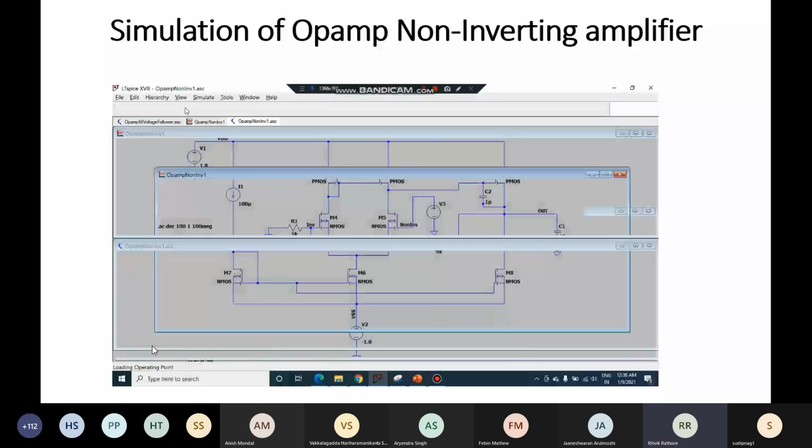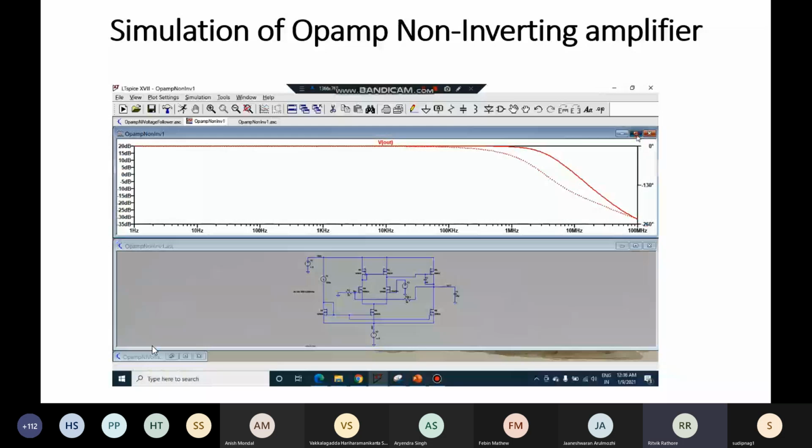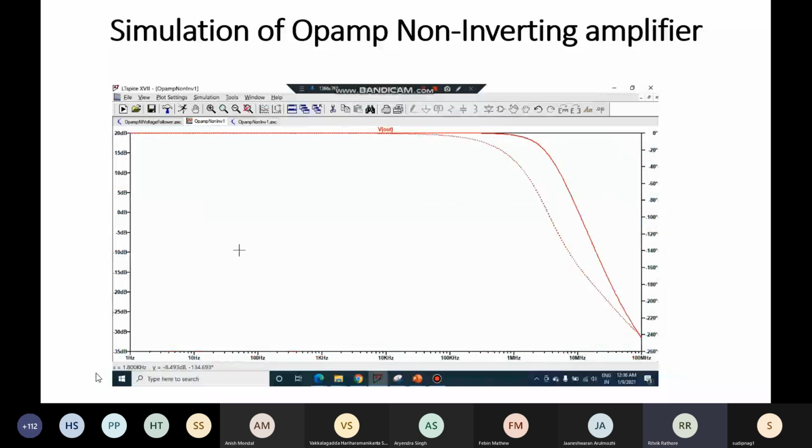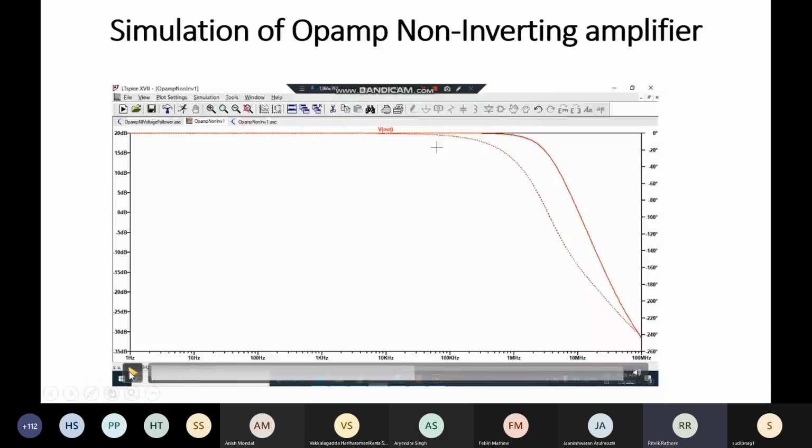Now when we click output, this will give us the Bode plot. Again, the gain was 10. That's why 20 log 10 is 20 dB. The dark line here is the magnitude plot and the dotted line is the phase plot. And as already seen, we do not have any lower cutoff frequency, but only an upper cutoff frequency. And that we can